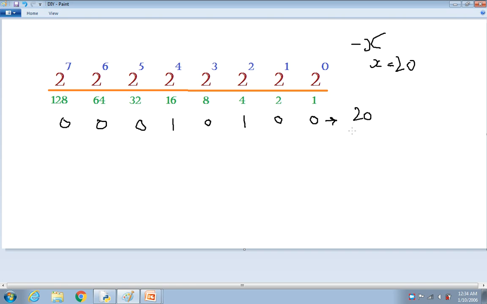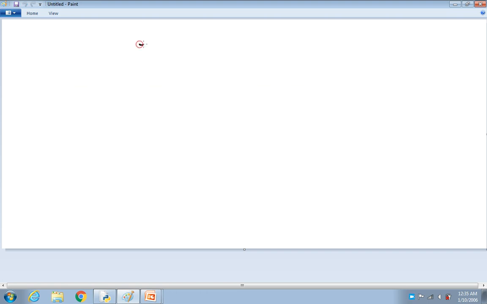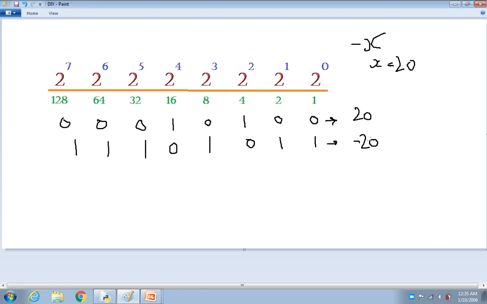The simple method is, as you follow the truth table, you have to flip the bits: 0 into 1, 1 is replaced with 0, 0 is replaced with 1, and this is also 1, this is 1. This is your minus 20. One way is this, that you just flip the inputs. Another method is that you can calculate this with the help of a formula.